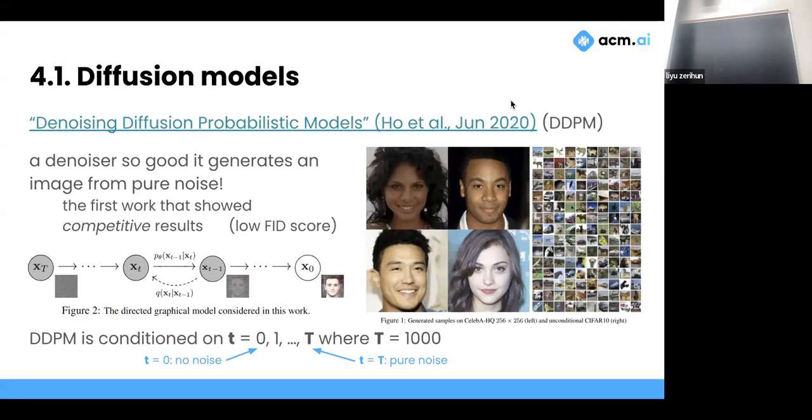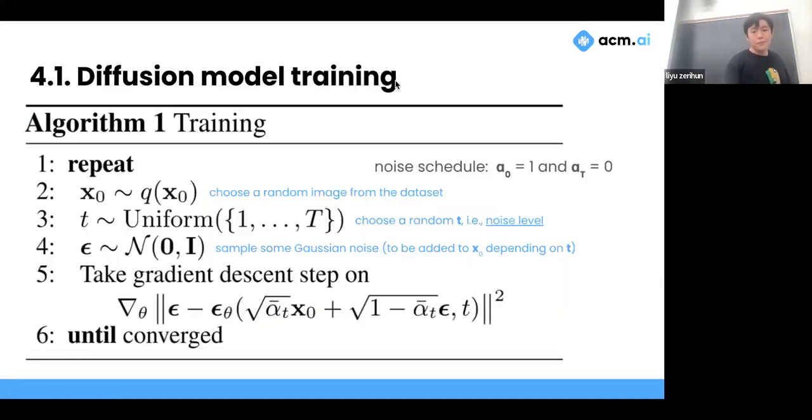And the idea is that we show the model how to go from T to T minus 1, and we keep showing it at all the different T's. Given this T, it is able to take a noisy image and go from noise level T to slightly less noise at T minus 1. And then we do this iteratively, and by the end, we have a final output image. That's the idea. To go into a little more detail, we're actually going to look at how it is trained. This looks daunting, but I will break it down.